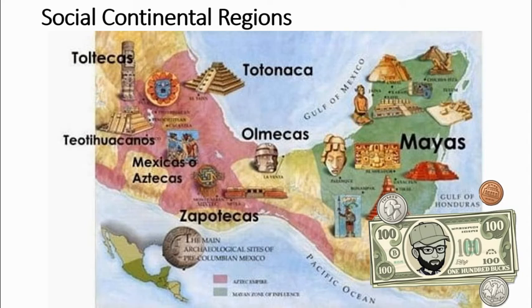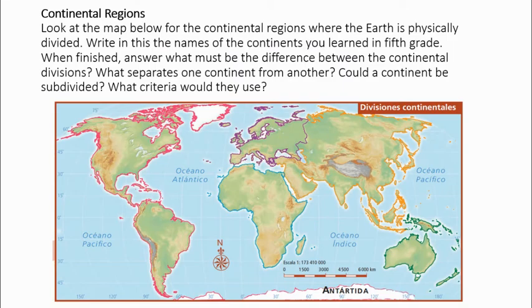Economic regions are distinguished by their development of an economic activity. Thus, there are agricultural regions, livestock, or industrial. For example, the United States is a vast region known as the Corn Belt, where great part of the world production of that grain is grown.